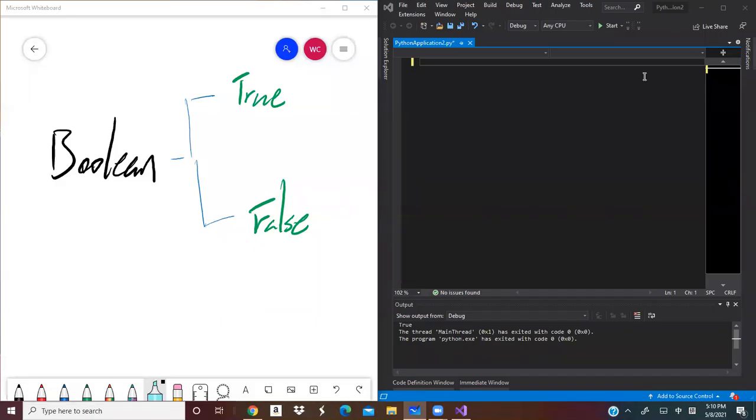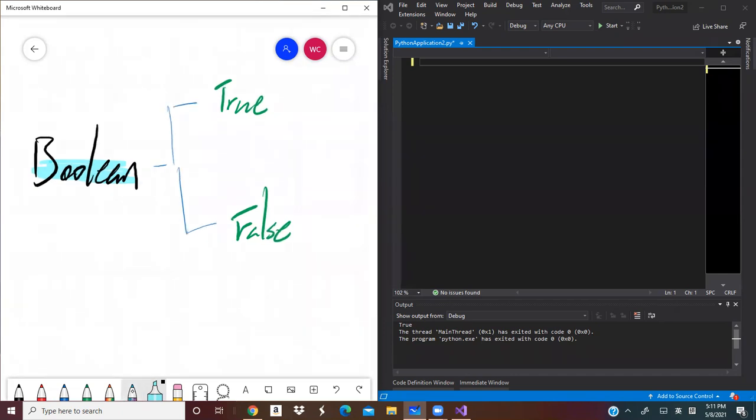Hello everyone. Today I'm gonna talk about one topic. Is the Boolean. Here, Boolean has two values. One is the true, and the other is the false. Here, so it's very basic. So we could apply the true and false on